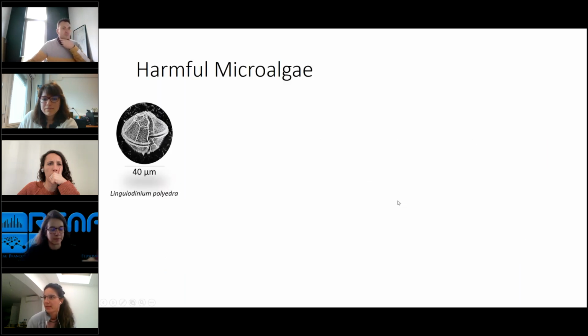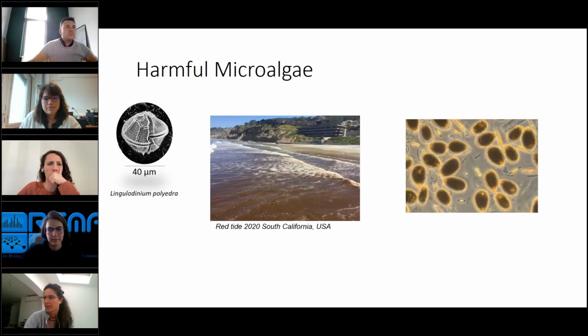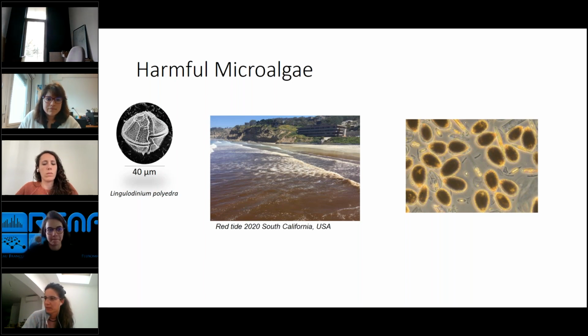So as Marin already nicely introduced, microalgae are microorganisms that play a key role in the ocean, in the functioning of the ecosystem. But in some cases, when some conditions are in place, they can form really dense proliferation. And if you take a drop of seawater at that moment, you will see that most of the biodiversity is represented by one single species. And because they have a very high pigment content, the seawater becomes colored, which leaves nice colorful waters.